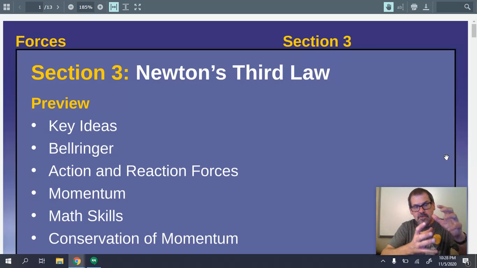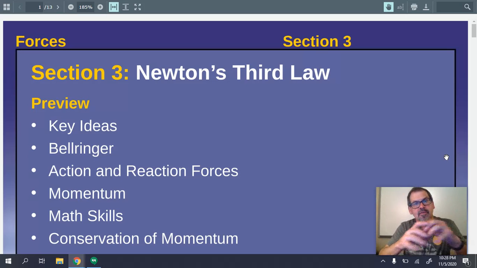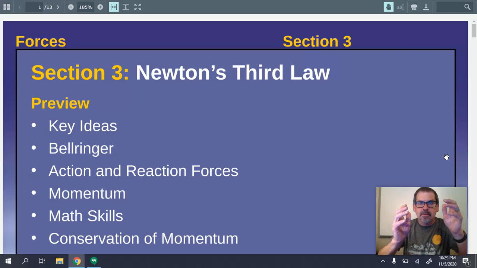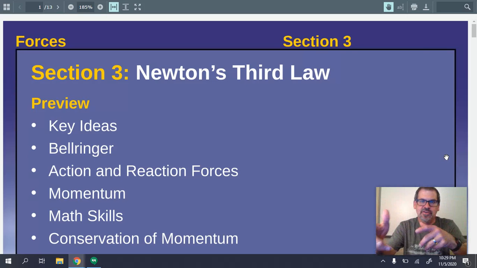Now, the forces right now are equal, right? The force of the ball is pushing down on the ground, and the force of the ground is pushing up on the ball, right? And those forces are the same. A ball moving would continue to move. If a player came up and kicked the ball, that ball would then continue to move indefinitely unless acted upon by other forces, and we know that those other forces are friction and gravity, and that would slow those things down. That's why the ball eventually comes to a stop.